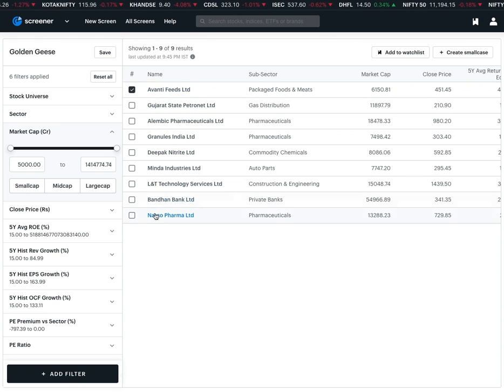Now let's say I wanted to transact on, let's say, all of them. There you go. So now we have 9 companies that we want to transact on, right? There are different ways in which you can do this. One way that we really like, and it's something that makes our life so much easier, is to create a smallcase. Now, I'm pretty sure that all of you have heard about what a smallcase is, but if not, let me just give you a very brief demo of how investing using a basket of stocks makes things so much easier for you.